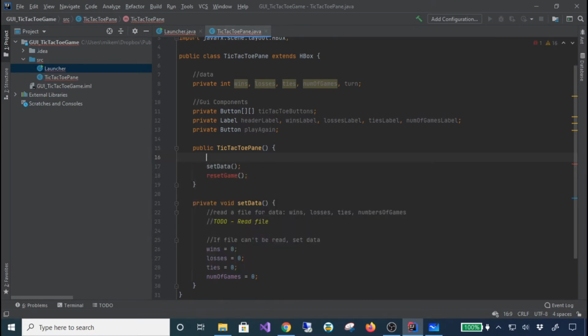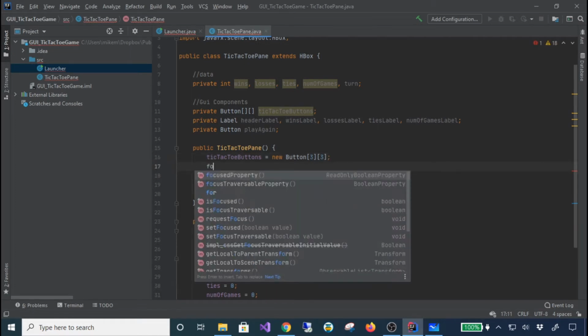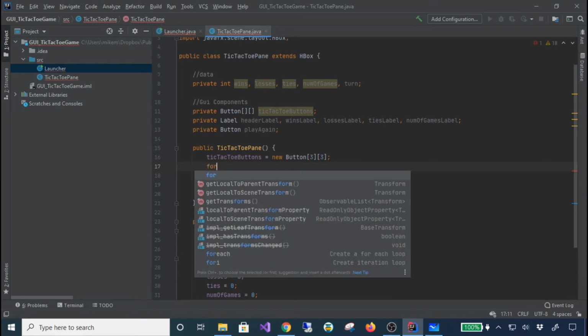So I'm going to say tic-tac-toe buttons is going to be equal to new Button, and we're going to put in the 3 and 3. Okay, so I made the array. Now what I need to do is fill this array with button objects. So I'm just going to say for